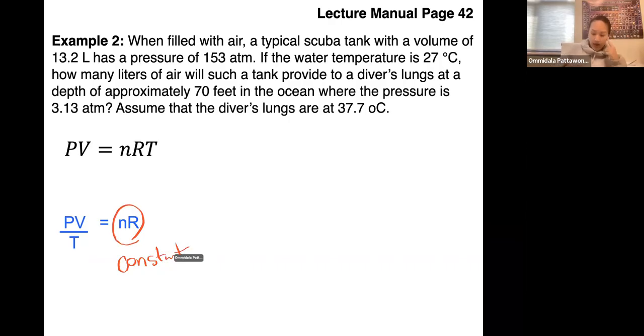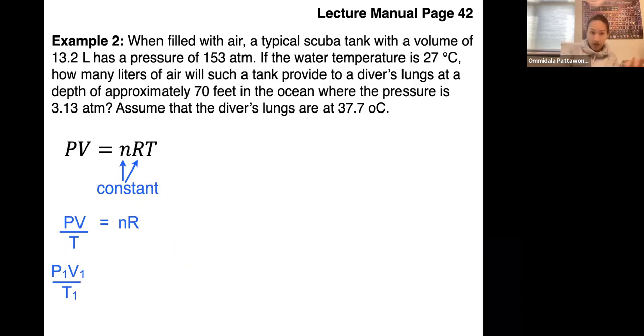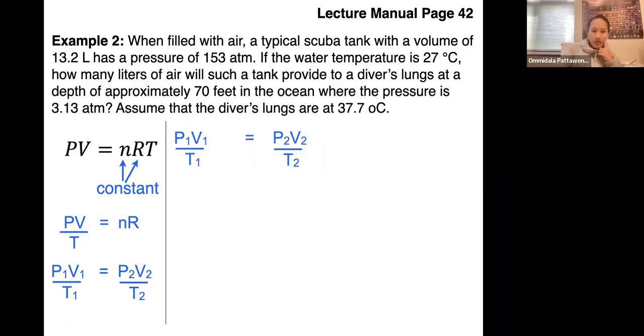Okay, so similar to what I explained earlier, in this case I'm going to give that PVT to be this one set of condition, which is going to be the first condition, and it's going to equal to the second set of condition. The reason why they are equal to each other is because they are equal through this constant. Okay, so now what you are going to do is just plug in the value, right? So I'm going to actually get rid of these P2 and T2 first,